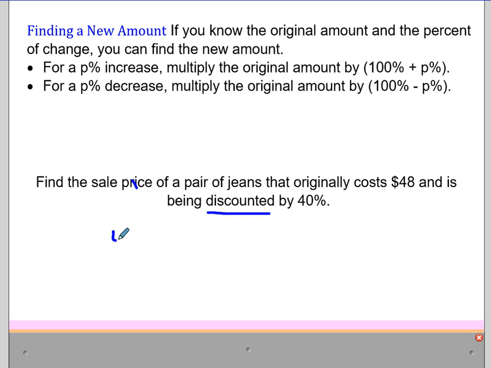Okay. So I'm going to plug it into this bottom equation. So I'm going to do my $48 and I'm going to multiply that by 100%. And in this case, since it's a decrease, minus 40, percent wise. So then that's going to become 48 times, and I'm just going to convert. I know 100 minus 40 is 60. That's 60%, so I'm going to convert that to a decimal, so 0.6. So I'm going to do 48 times 0.6, and that's going to equal